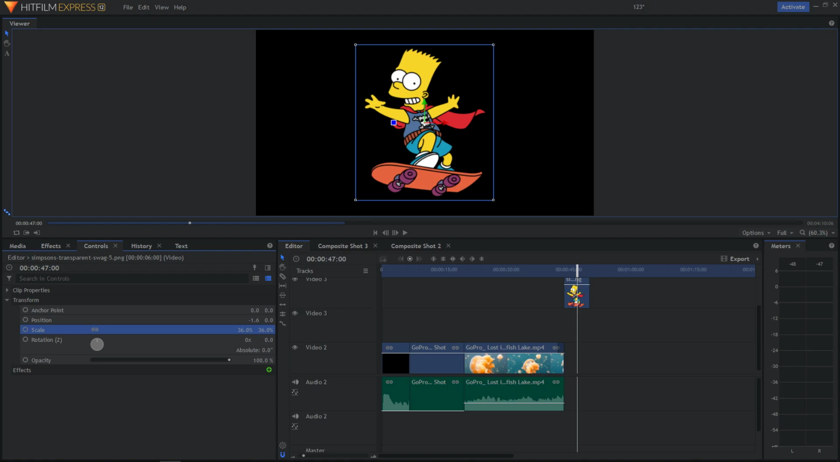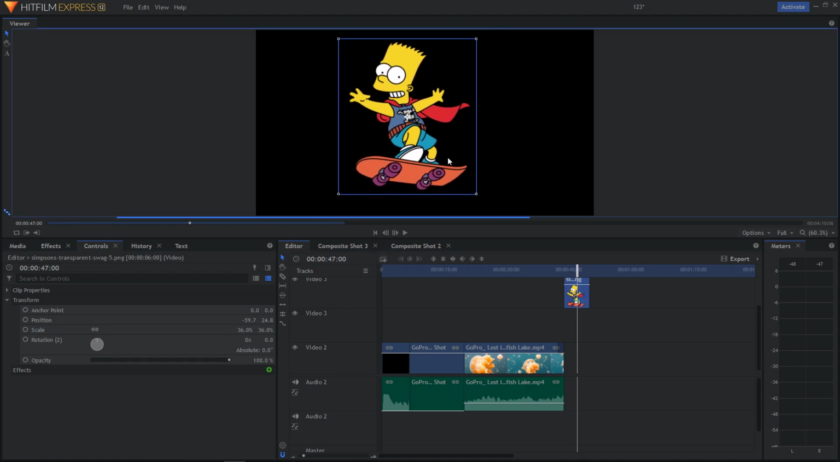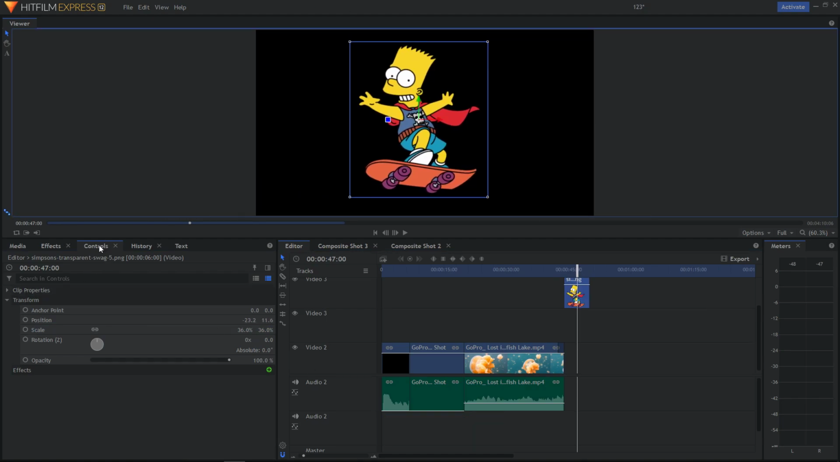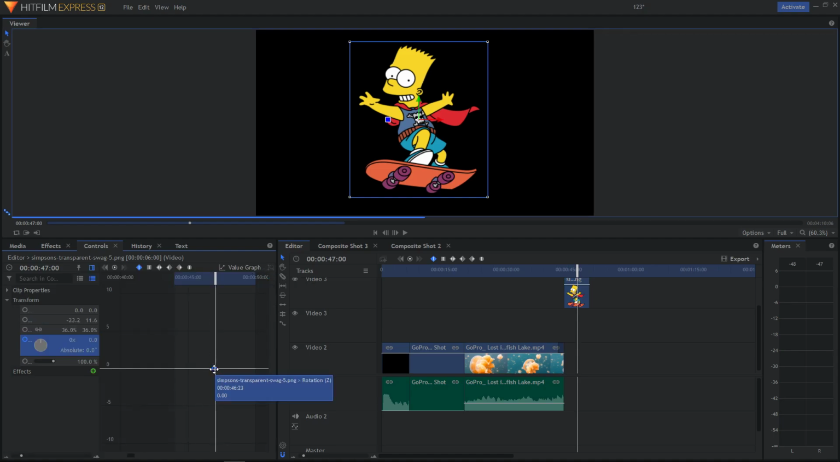In this video I want to show you how you can rotate the image in HitFilm Express 12 and how you can do the whole animation. So all you have to do is just have an object or image here, go to controls, click here on rotation. Now click here on the display timeline,